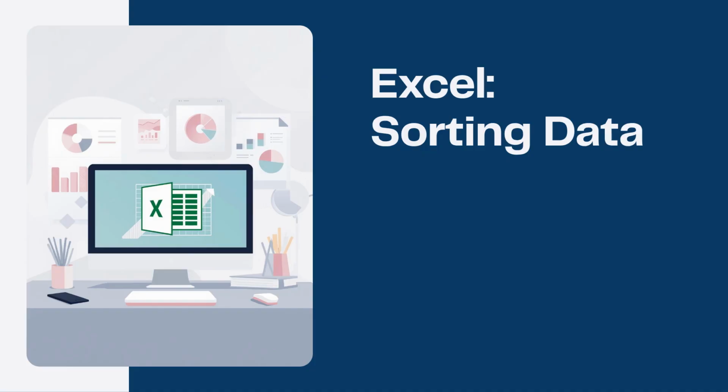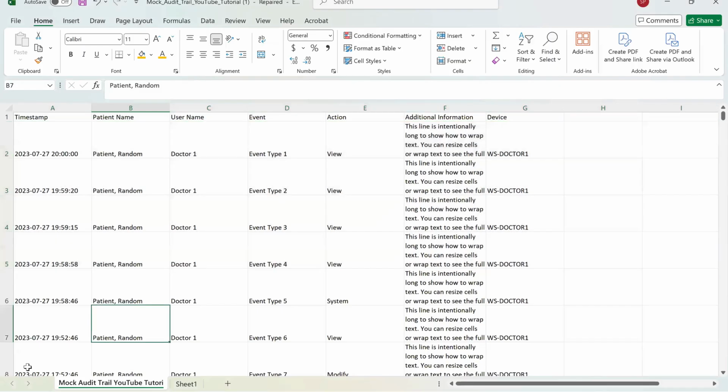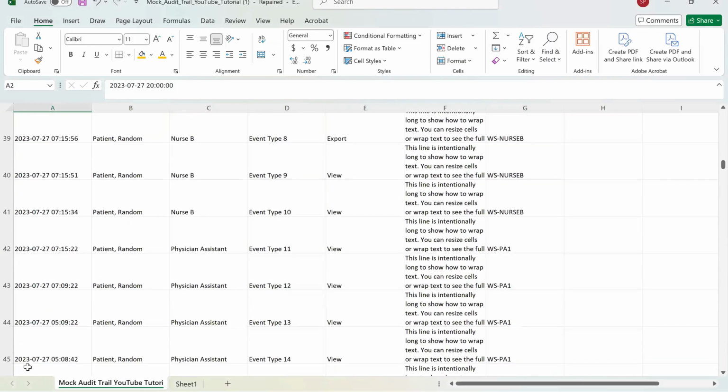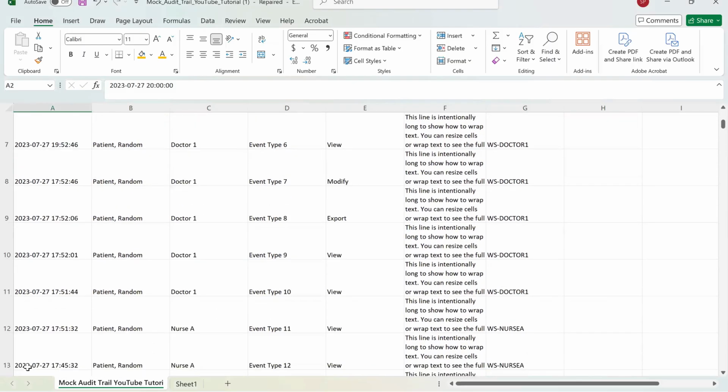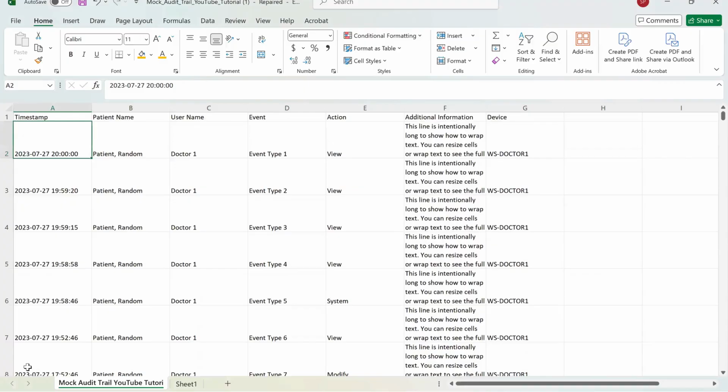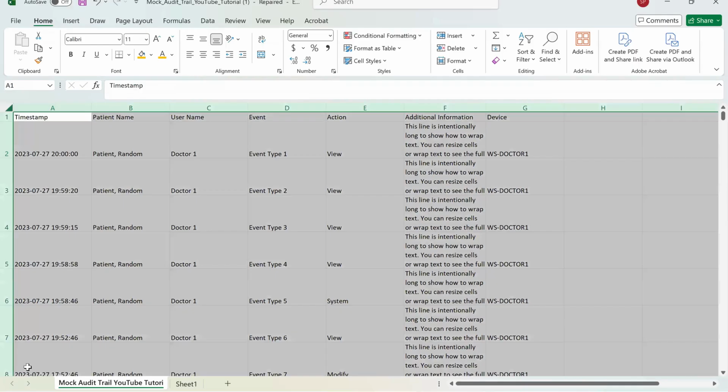Okay, the next thing I want to show is data sorting. Typically, especially with Epic and Cerner, the timestamp column displays data in descending chronological order, so it shows the most recent timestamp first. But I like to see my data in chronological order. So we're going to select all the data, go to sort and filter,